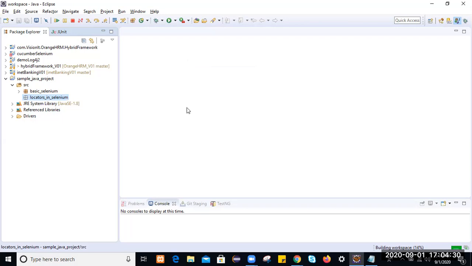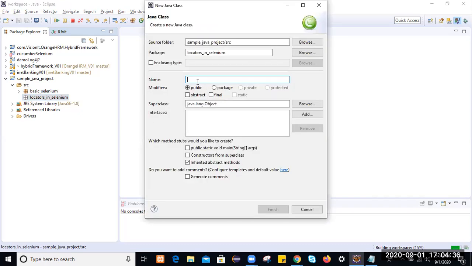Create a class and give a meaningful name for the class. I will name it to locate by class name. I will take the main method and finish.